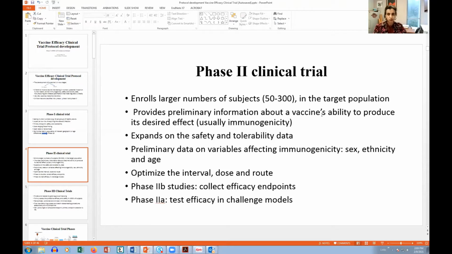There are men, women, but still relatively small numbers. Safety and tolerability data are better characterized. And the effect of sex, ethnicity, and age, at least in a preliminary fashion, can be acquired, data on these variables. The interval and the dosing are optimized usually during the phase 2